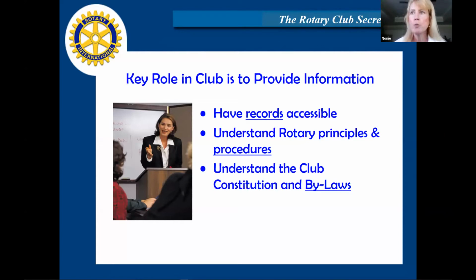Make sure you know where all your records are, be they on DACdb or whatever your club has set up for that. And make sure you understand all the new and current Rotary bylaws and guidelines for clubs. That can be really helpful. You're kind of that cheerleader for your club to say, hey, this is what's going on with RI, this is what we're doing in our club, let's make sure we're all meshed up and it's all going in the right direction.